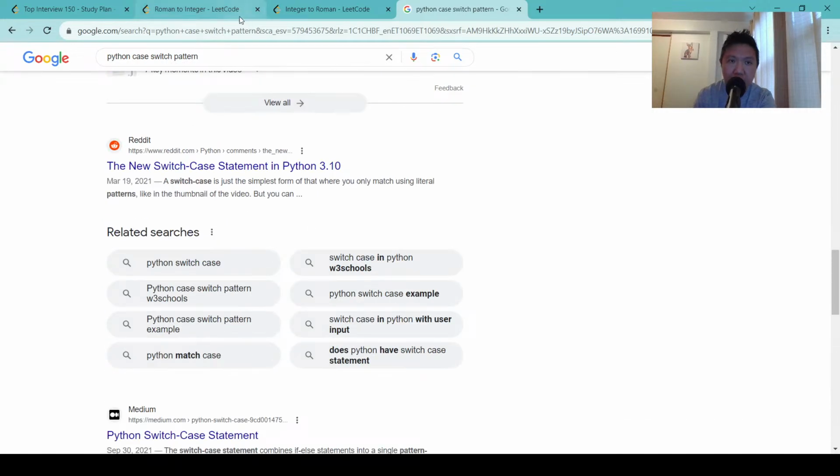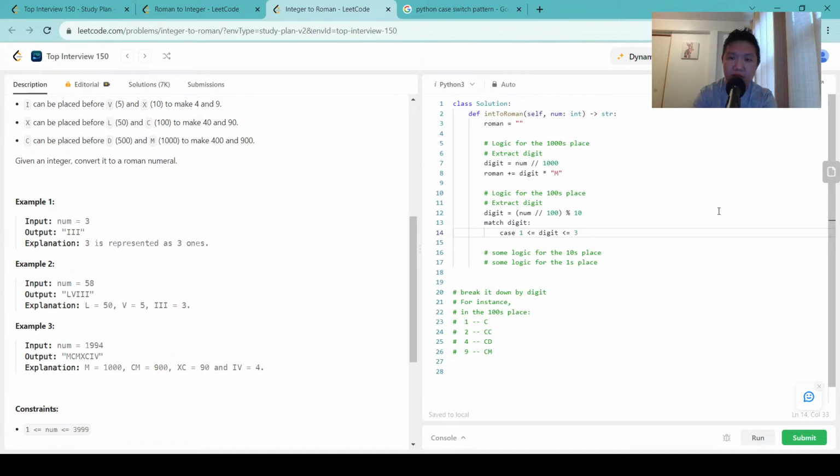Switch. You know what? Let's do it the old fashioned way. Let's do an if statement. So there are a few cases here. There is: if digit equals 0, elif digit between 1 and 2 and 3, elif